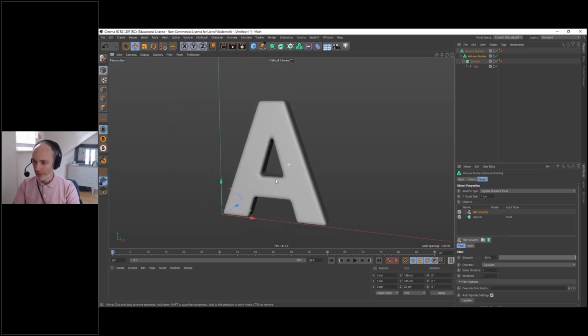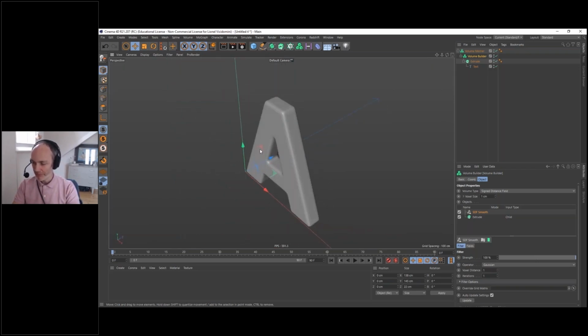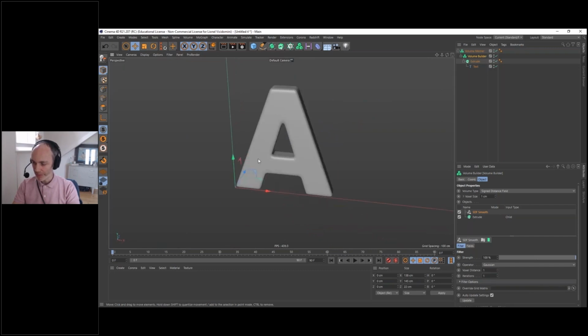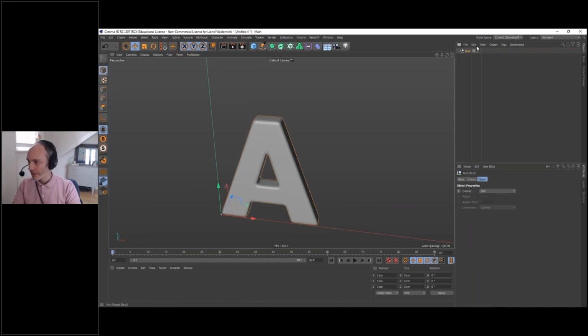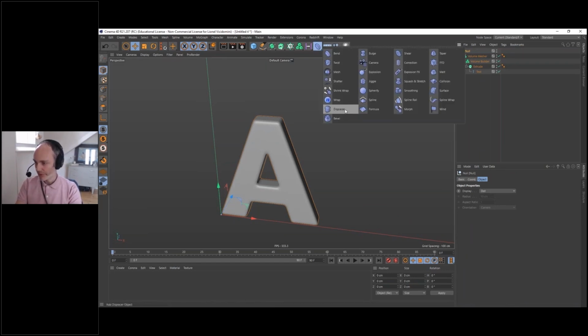Now I'm going to create a beveling effect here because I want to have an outline here. We can do it with the volume mesher. I'm going to put that inside a null and use a displacer. So displacer modifier here.